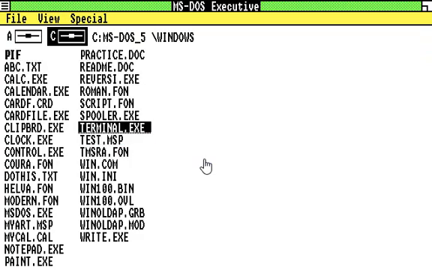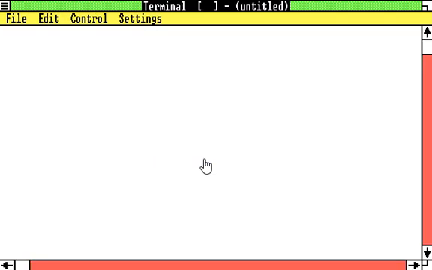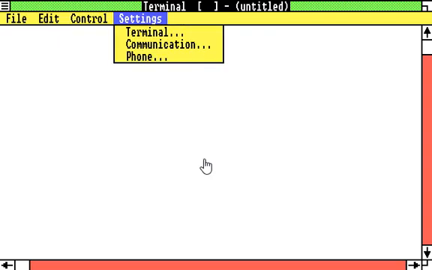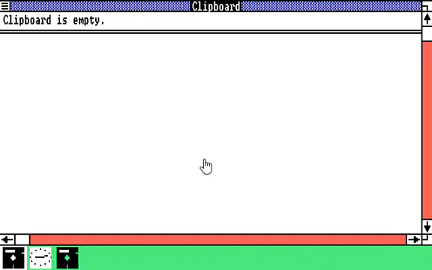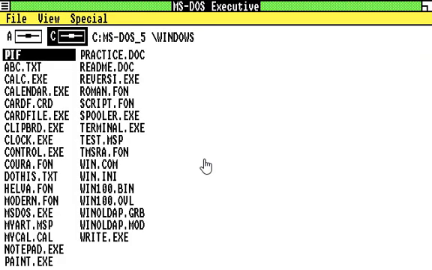Oh, look at that. Terminal. We have the terminal. I cannot type in this terminal, presumably because we do not have any network drivers. Fair enough. Back to this again. Win.com is the actual command when you start DOS, but to start Windows from DOS. Anyway, we'll look at